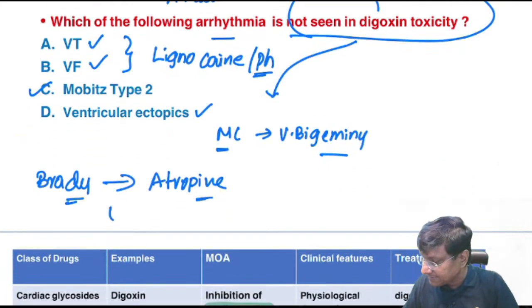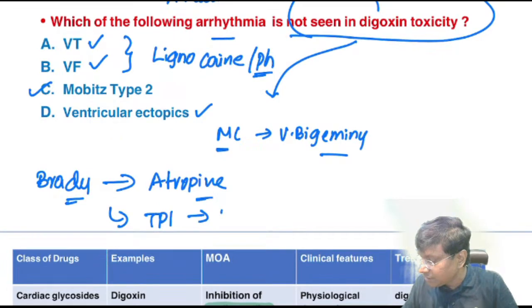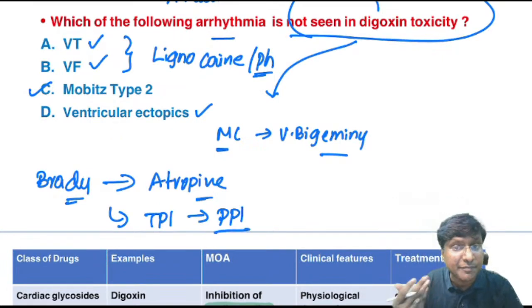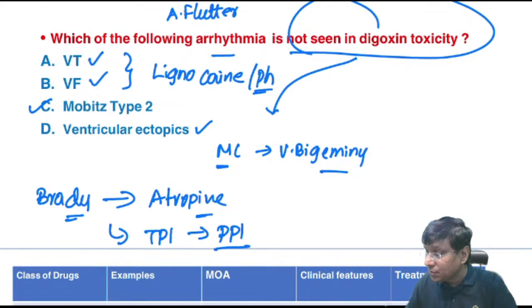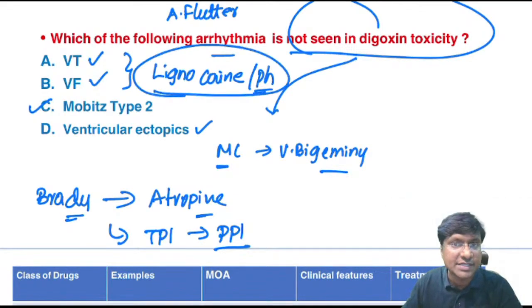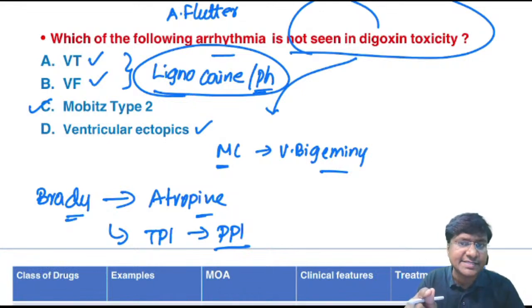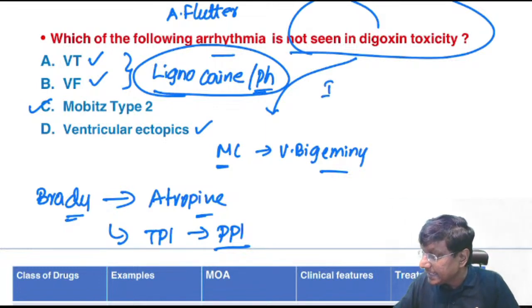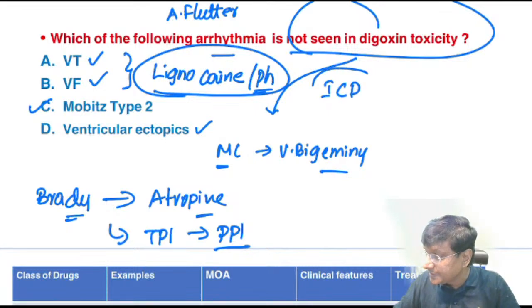Okay, so the other thing is the temporary pacemaker, or the individual may go to an extent of requirement of permanent pacemaker also, right? Now in spite of giving digoxin specific antibody fragments or lignocaine or phenytoin for ventricular arrhythmias, there will be refractory arrhythmias. Intermittently there will be development of arrhythmias. So in refractory cases, you need to place internal cardiac pacing and cardioversion. That means you need to place an implantable cardioverter defibrillator.